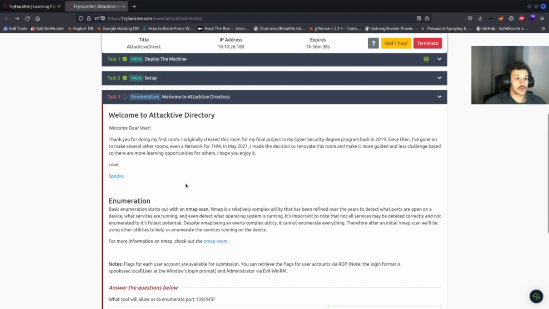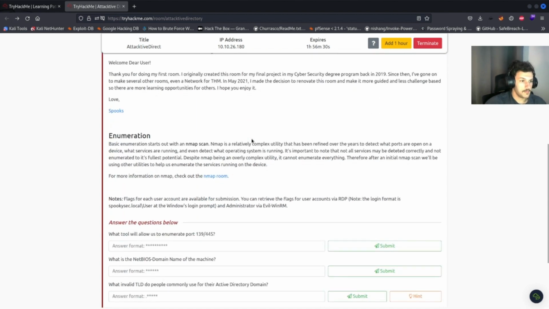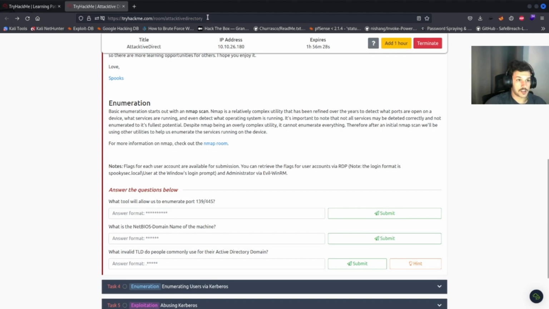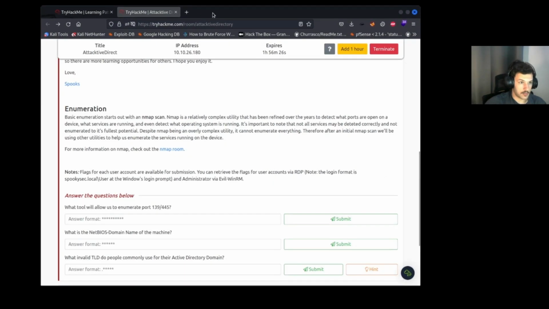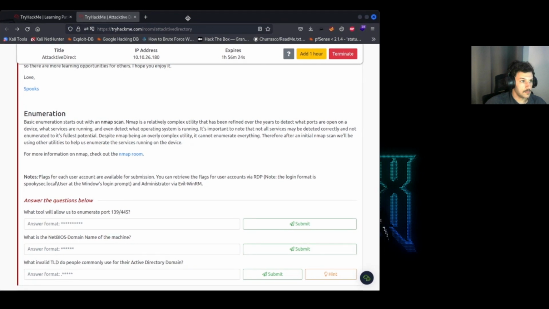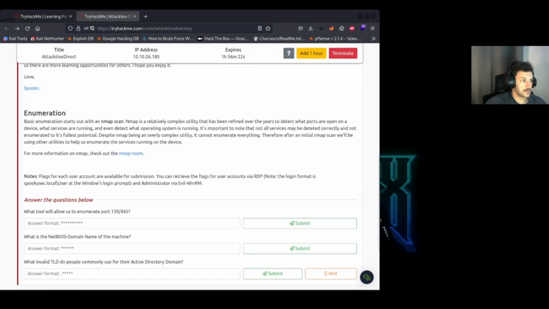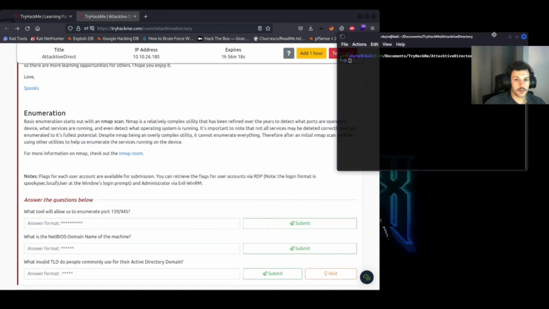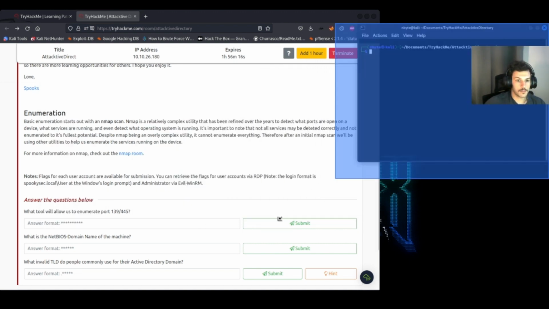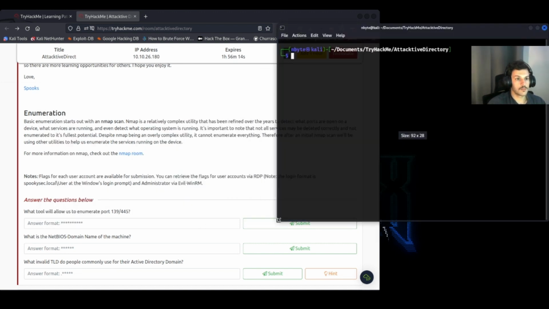So on to task number 3, enumeration. We're prompted with the welcome to Attacktive Directory. It's just saying welcome to this room. And then on to enumeration, where we'll be using nmap to enumerate the machine. Let's go ahead and split the screen, then open up your terminal. And then you'll run